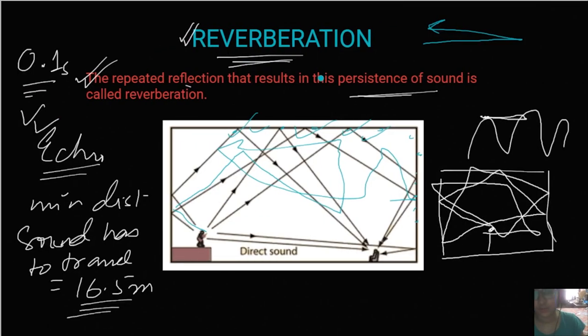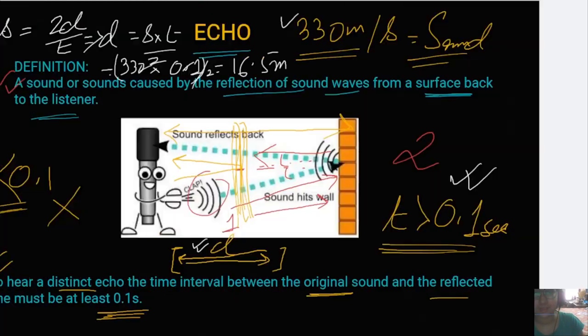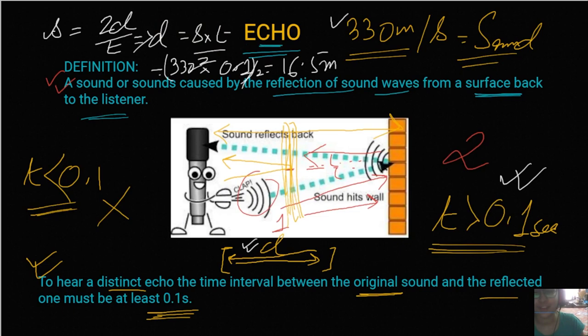We've talked about reverberation. You can actually do a small experiment: whenever you go to a huge hall for a marriage ceremony or anything, you can just go to a quiet spot. It will actually also work in a large washroom, so you can just experience it. And echoes also. We've always tried this in the mountains, shouting our name and hearing it come back to us.